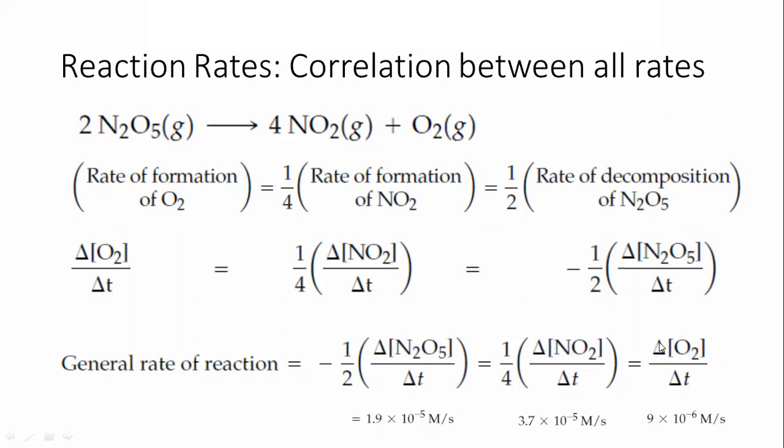Again, this is the equal sign. That means this is equal to this. You have to divide by 4. That will give you the value of this one. If the rate of N2O5 is given, you just put the value over here, and because 1/2 is going to multiply this one, that means you have to divide by 2, and you will get the same value.